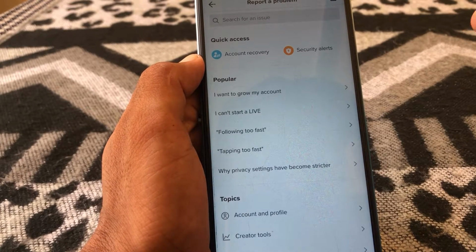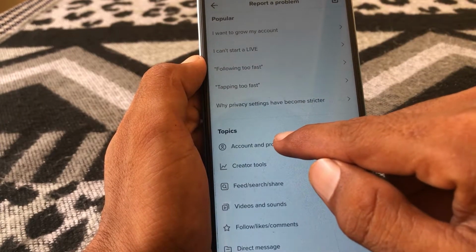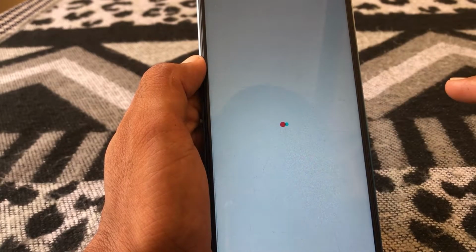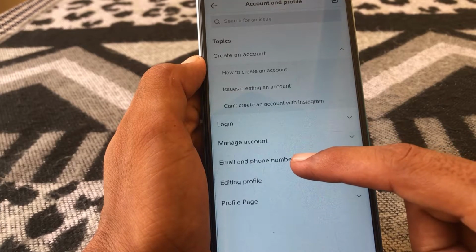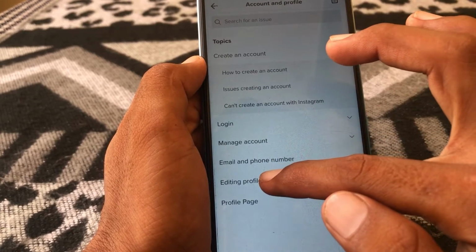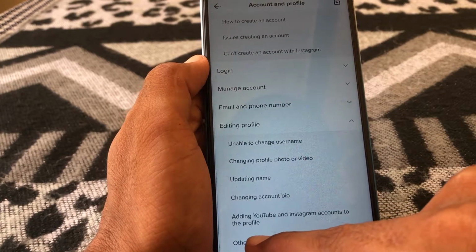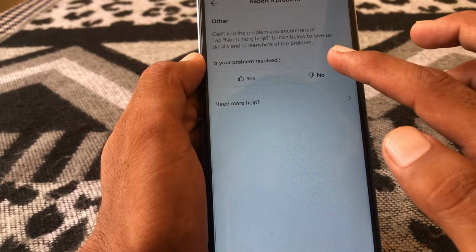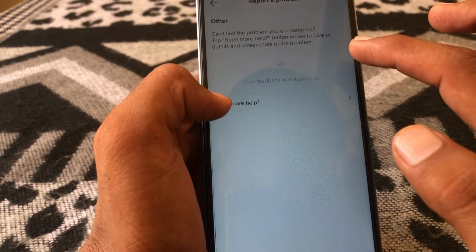Let me tell you that if you have violated any terms and conditions, then you can remove this from your account. Just simply tap on account and profile, and from here you have to tap on editing profile, and you have to tap on other here, and tap on need more help, no need more help,